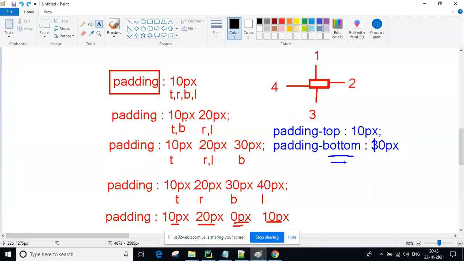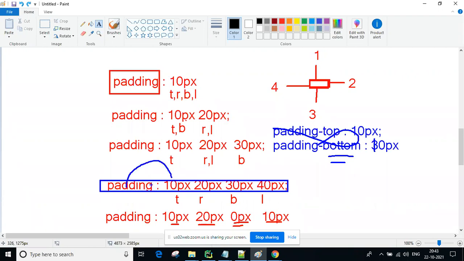Okay, so top side 10 pixel I want, bottom also 10 pixel I want, left also 10 pixel, right also 10 pixel. Okay, so instead of writing padding top 10, padding bottom 10, padding left 10, padding right 10, simply you can use this one. This is called the shorthand property. Shorthand property, reducing the coding instead of writing like this multiple times. Okay, if you want different values for each side, you can use a single line. Otherwise padding top, padding right, next padding bottom, padding left, like 4 times we need to write; single line, done, using the shorthand property.